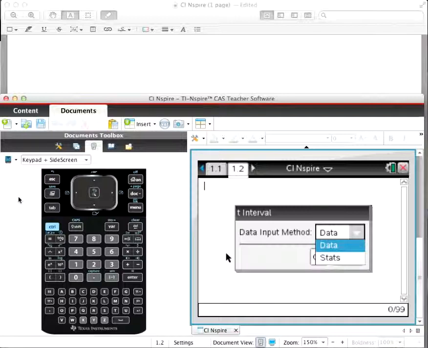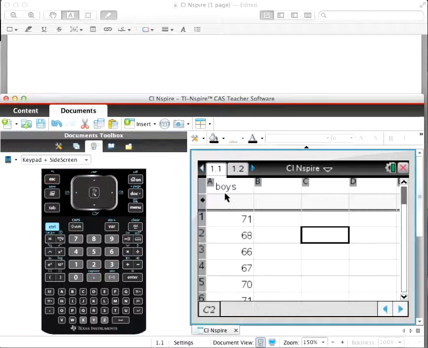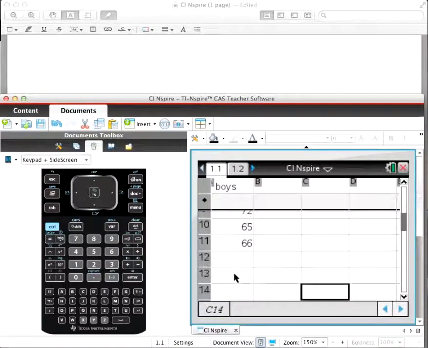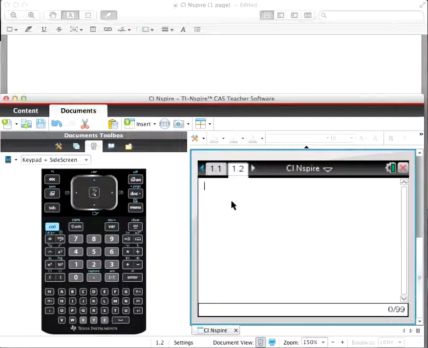So here we go. I'm going to escape out of this. And on page 1.1 here, I have the heights of boys in a class. You see there are only 11. I want to use this to get a confidence interval for the heights of the boys in the math department at that time, because this was a math class. And so what I do is I go to my calculator screen and I want to construct a 90% confidence interval. So I go Menu,